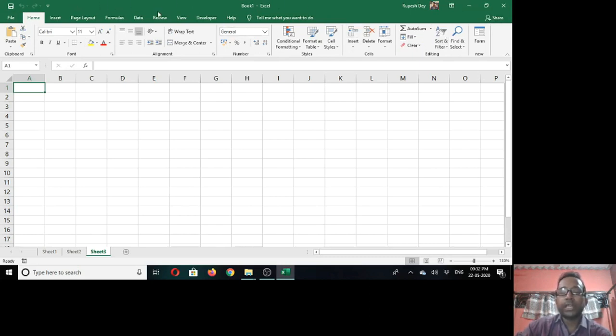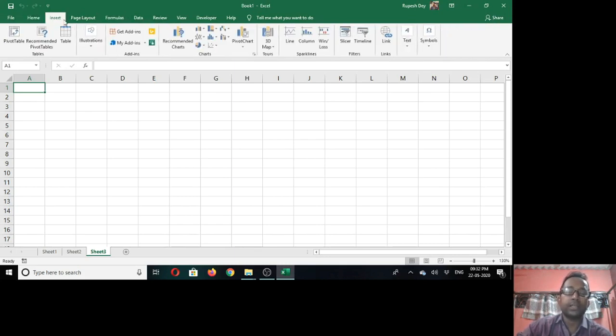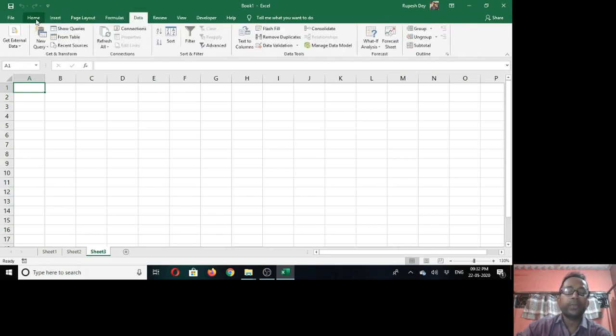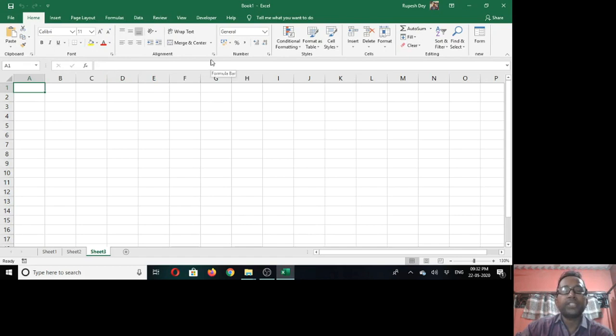Then below this title bar you will find some tabs. These tabs are used to open different ribbons. So this is the Home ribbon, this one is the Insert ribbon, this is the Formulas ribbon, Review ribbon, Data ribbon. Each ribbon contains a number of commands in the form of small tools or buttons in different groups. Like this is the Font group, this is the Alignment group, this is the Number group, and the Font group contains many buttons.